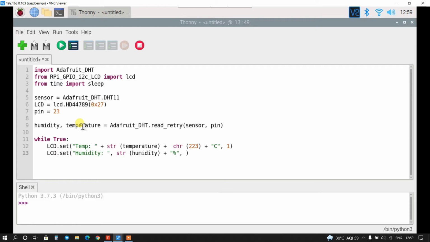And it will print on the second line of LCD. Now I will print temperature and humidity on the shell window. So print temperature, I will copy this.